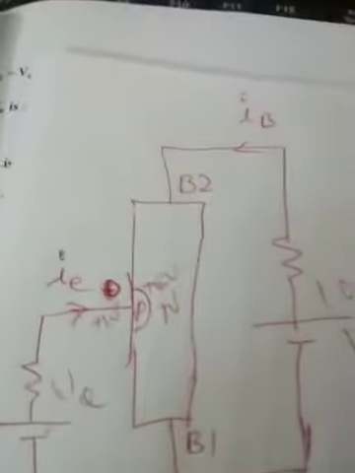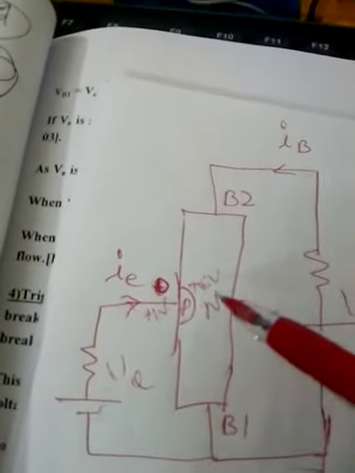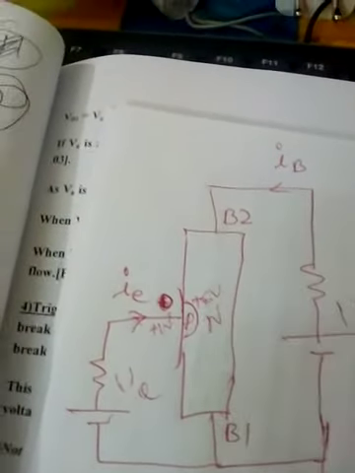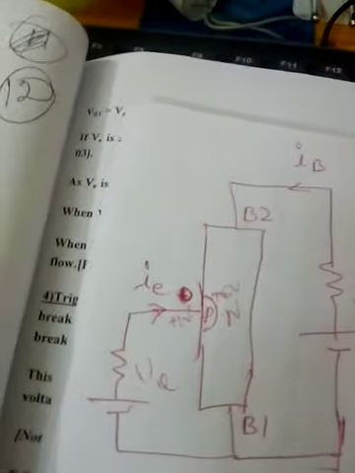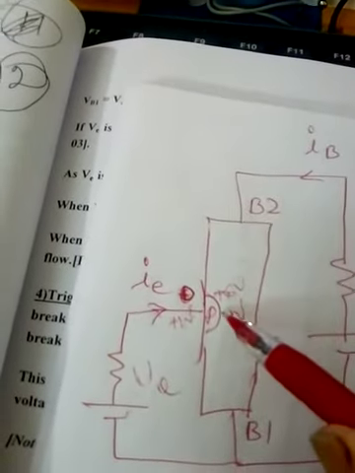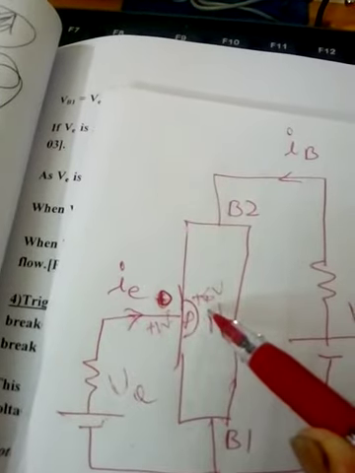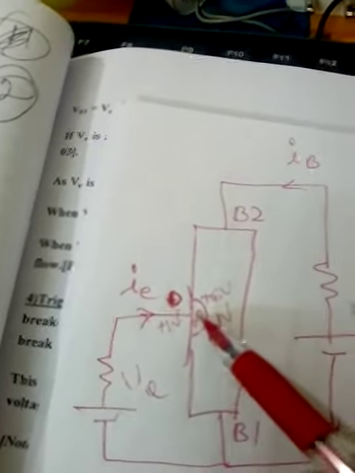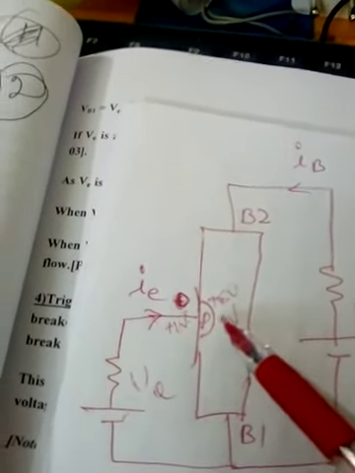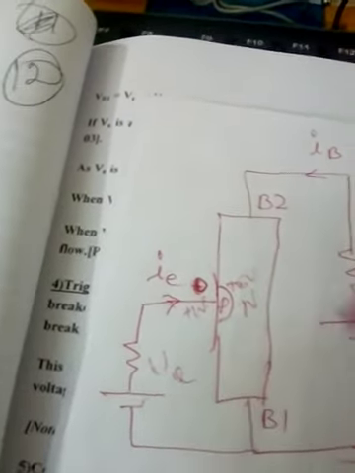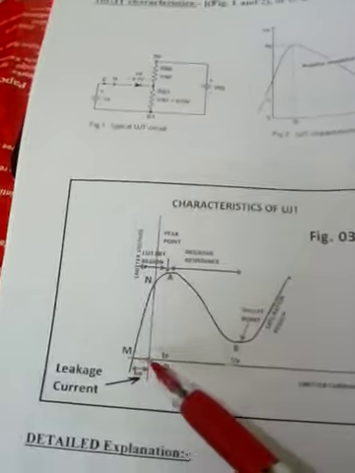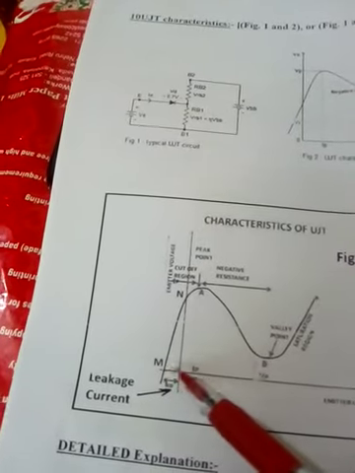Because you see, when 10 volts is given here, you will have 6 volts, because the intrinsic standoff ratio is 60% we have assumed. So of the 10 volts, 6 volts will appear at the junction in the N region. Here plus 6 volts, this is 0, so at the P region we have 0. So the PN junction is reverse biased by a voltage of 6 volts. So for a reverse bias of 6 volts, we have an emitter current that is very small, in microamperes.